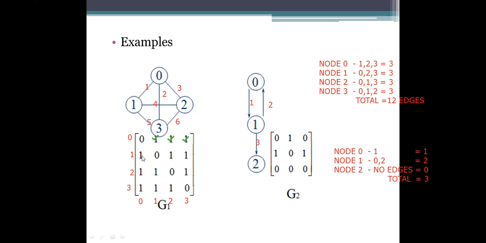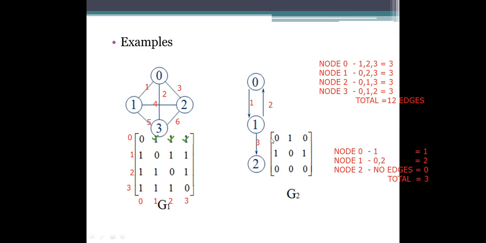And we can simply fill the diagonal part with 0 and the remaining ones with 1 here. Okay. And coming to the next one, it is a directed graph. And we will see whether there are self loops or not. There are no self loops. What we are doing, we diagonally represent a 0 there and see the remaining elements here.